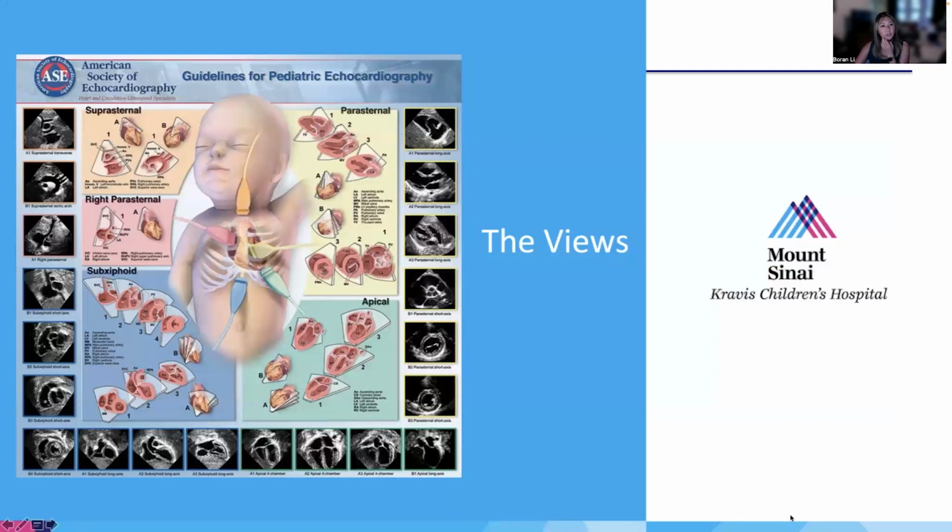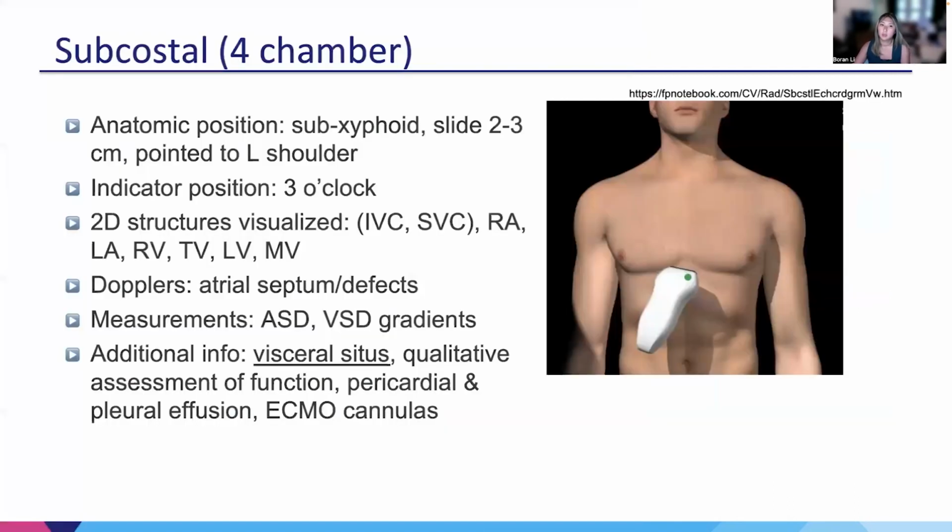Okay, so the views, these all come from standard echo views. They just are not manipulated in the way that Peds Echo does, where we flip the screens. So the first one, and different places will have different protocols, but Eric and I have talked about this. In general, I prefer to use the subcostal first because I think it gives us a lot of information that will help really quickly and also with the rest of our exam. And so for all of the views, we're going to go quickly through anatomic position, which is where we put it on the patient, the indicator position, and then what you're able to see in 2D, Doppler, and